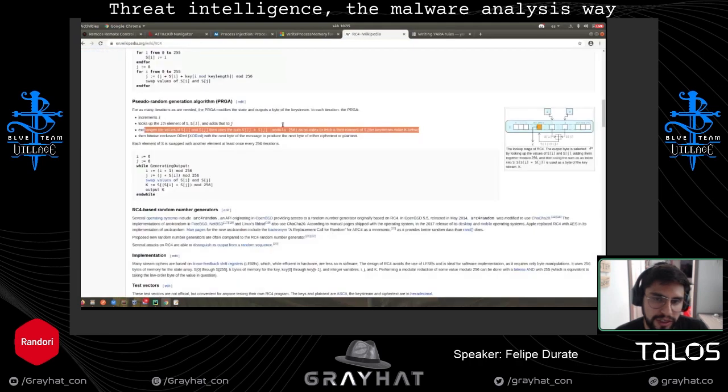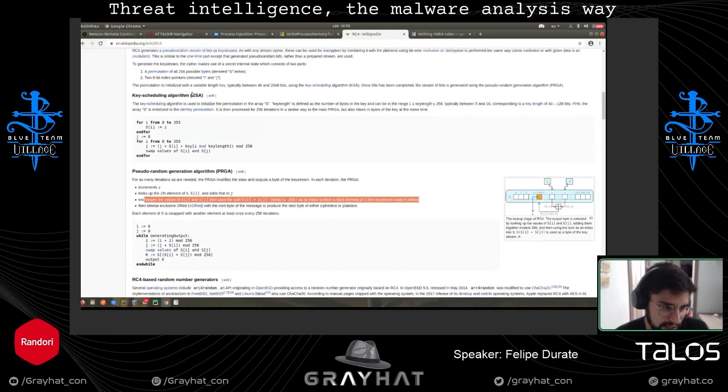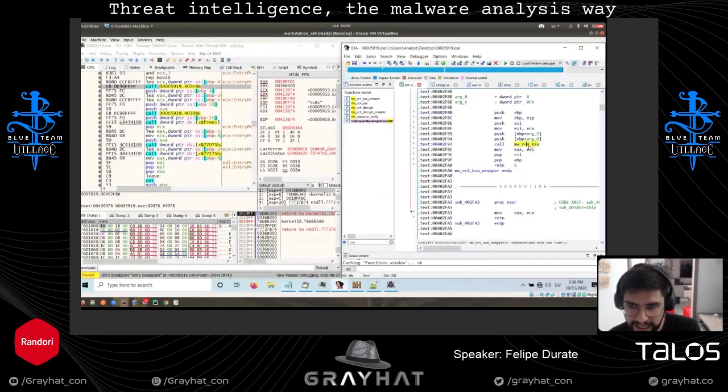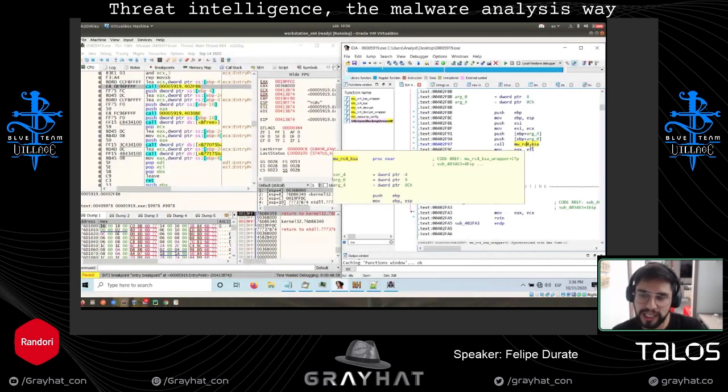Because if you go to RC4, especially the KSA algorithm, you will see that it receives the key and the length of the key. So the KSA algorithm contains that information.